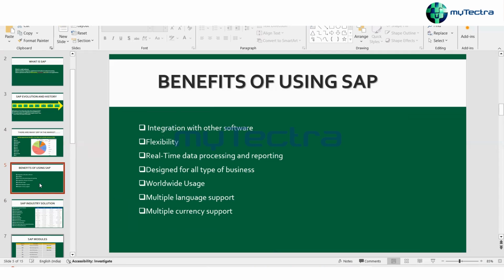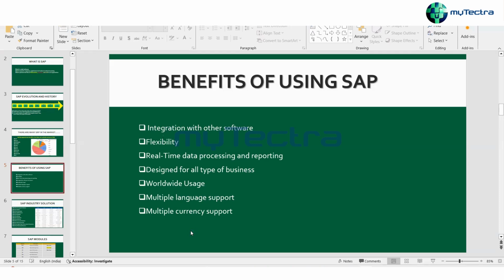Suppose you are already using a local software and you want to switch to SAP, the data which you have in your local software will automatically get transmitted to SAP. That is also possible vice versa.